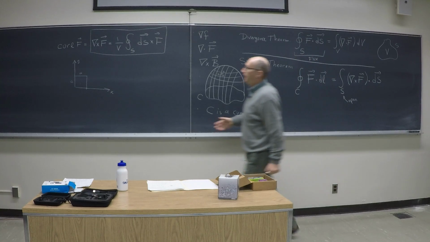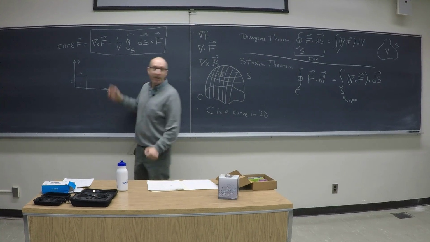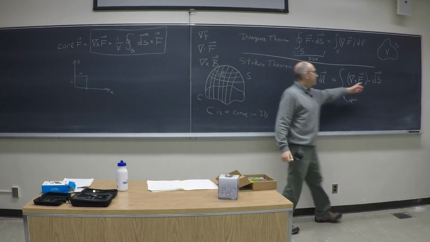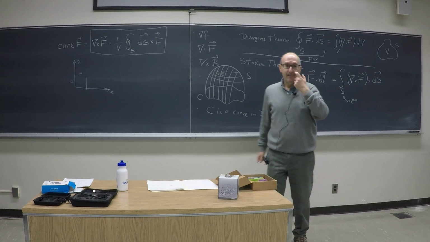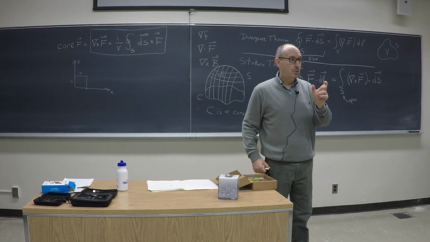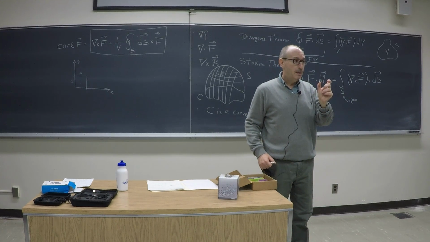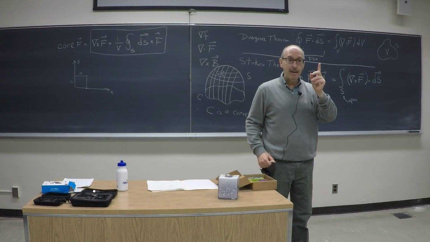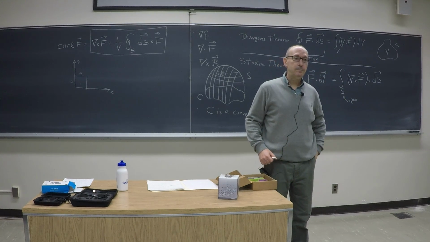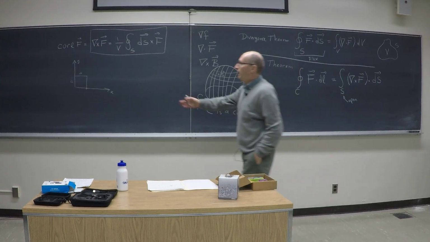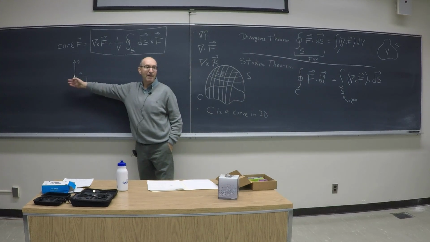Now here it's not very clear the direction of this S, because if you remember from before, the dS vector is a vector of magnitude, the patch of area, but the direction is the direction of the normal pointing out, correct? But it's not very clear what it means to point out when I have a flat